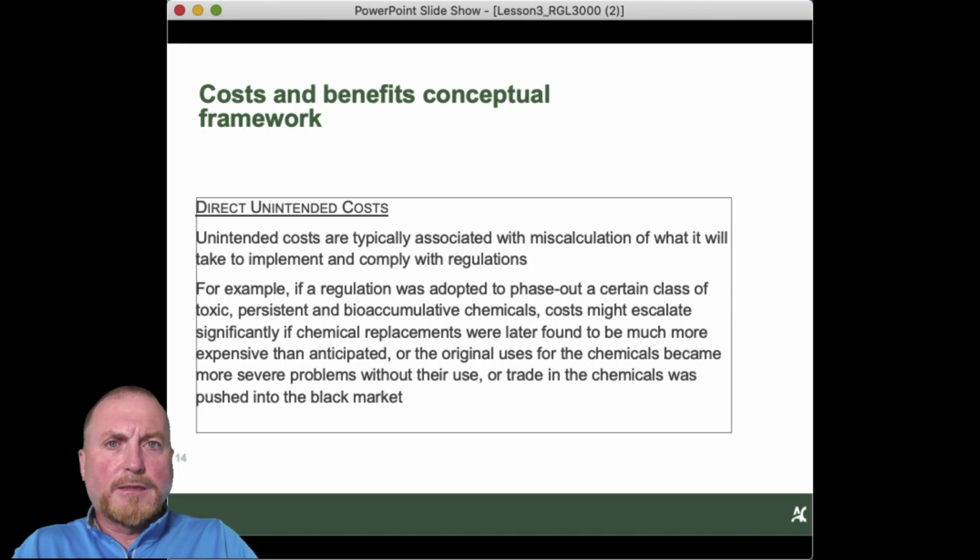We brought in a class of chemicals that we thought would eliminate the ozone destroying chemicals, and found out that they also had their own problems, and so costs escalated because we had to transfer actually from two different classes of chemicals in order to protect the ozone layer. Unintended costs can happen, okay? And those have to be thought through very carefully. What are the implications if we do it this way? Or if we do this, and then if we do it this way. Those are important